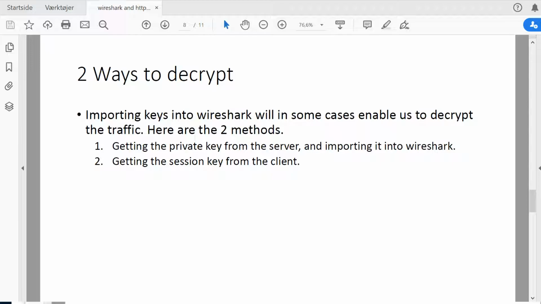So as I said earlier, there are two methods. One of them is stealing or getting the private key from the server and importing it into Wireshark. The other one is getting the session key from the client. So if we start by looking into the first one,